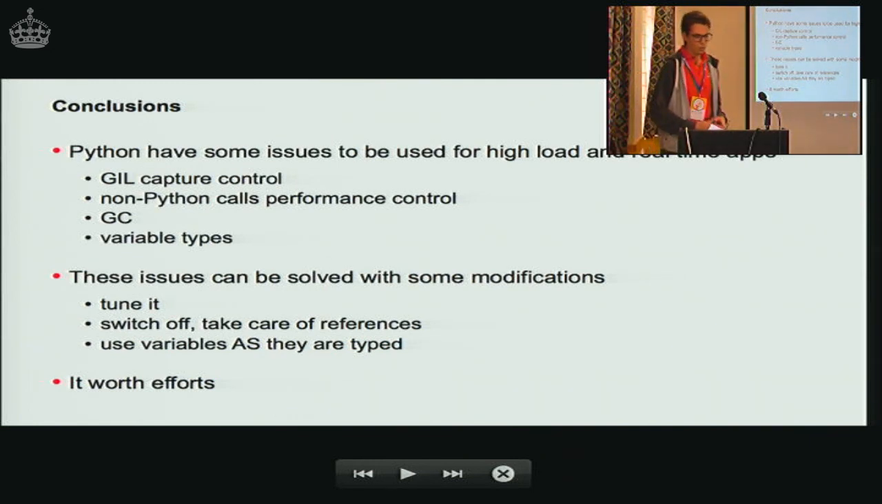So I hope I described some problems which can appear when we are using Python for a huge and complicated project. Also, when you are making a real-time and high-load application, you have to care about a lot of things, such as GIL capture control, non-Python call performance, garbage collectors, some variable types. All the issues are solvable, so there is a way to solve them, and it works because the opportunity of using Python allows us to make very rapid prototyping,